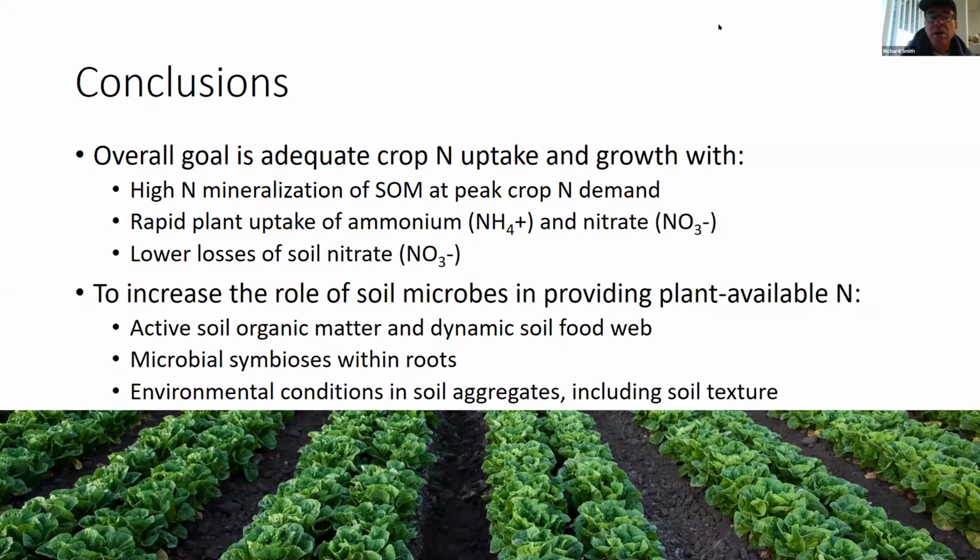I have a question. If you're trying to understand how you're doing with your nitrogen, with the microbes in the soil, in your soil management, what do you look at as good indicators? Let's say you wanted to monitor the health of your soil microbial populations over a period of years.